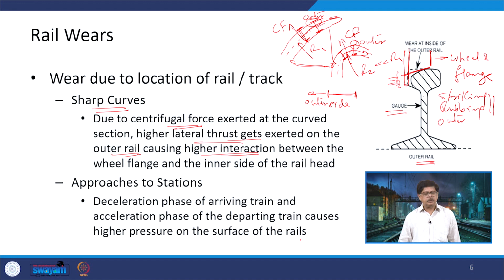Now, similarly, if we talk about another condition, which is approach to stations. When the train is approaching a station, that means it is in the deacceleration phase, and then finally the brakes will be applied and the train will be stopped at a designated location. There is a specific point up to which the locomotive will go and it will stop there. So, in this deacceleration phase, when continuously the brakes are being applied,